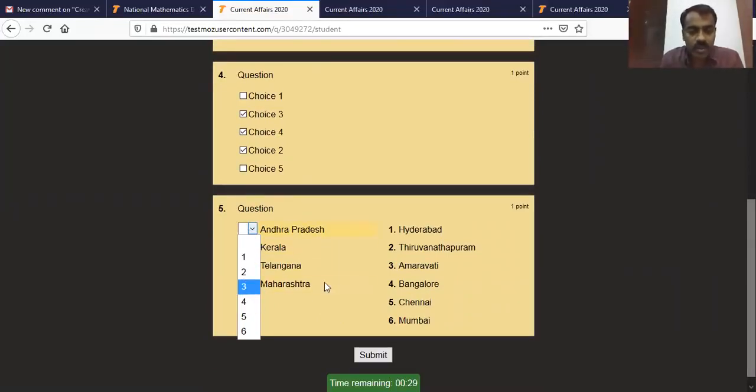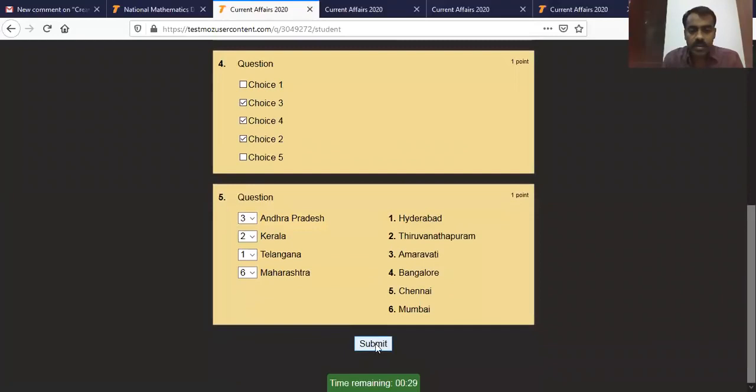You can see every time the questions are shuffling, because this is the second time we are taking it, so earlier it was different. For Andhra Pradesh, it is Amravati. And for Maharashtra, it is done. So now I can submit.